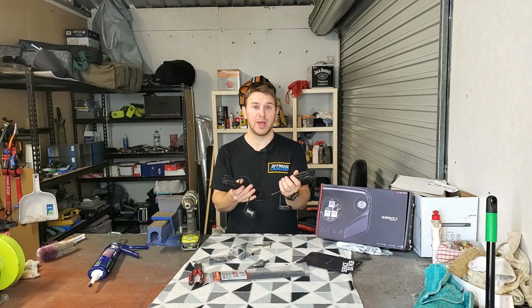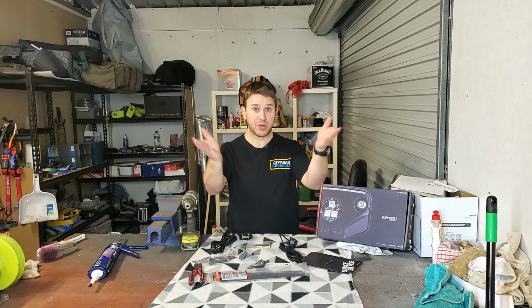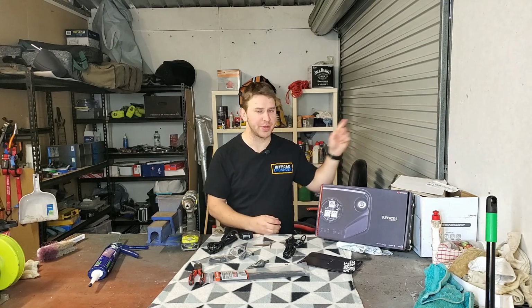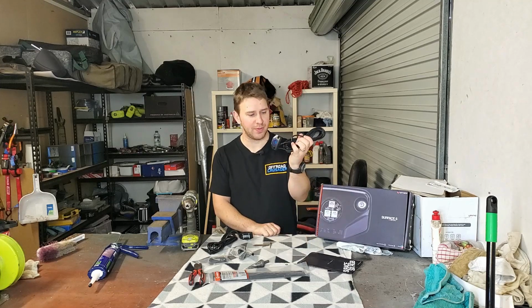So these are going to go in the front wheel arches and also under the skirts of the car as well, so that I can light up all the way around the car. All right, the day is young. Let's jump into it and get this sorted. I'm going to head over to the 200 and show you where we're going to mount these bad boys on